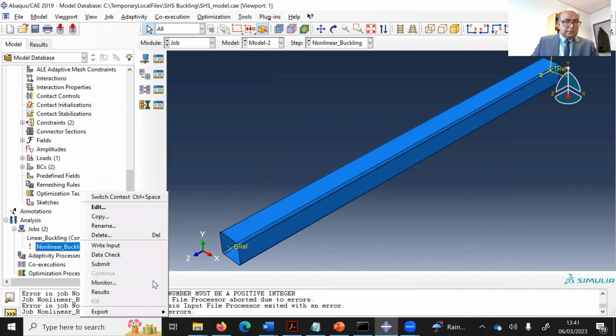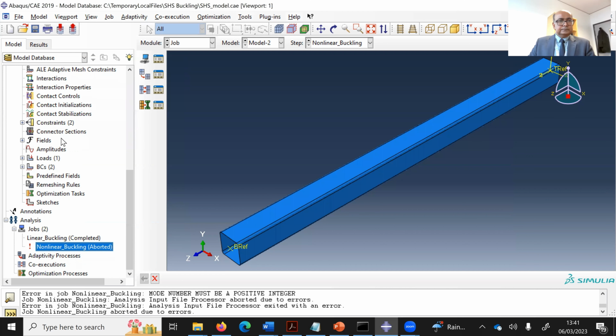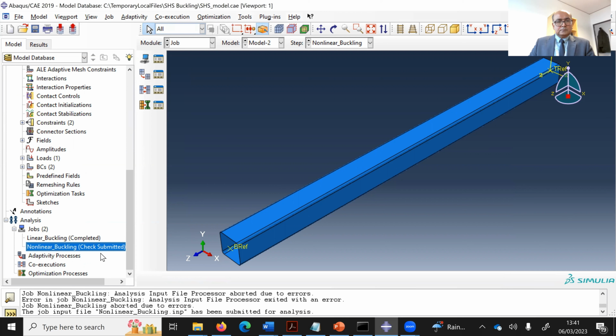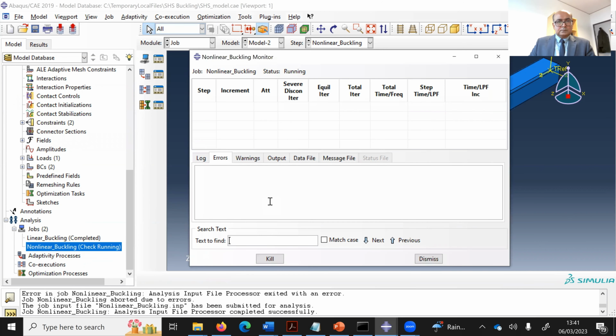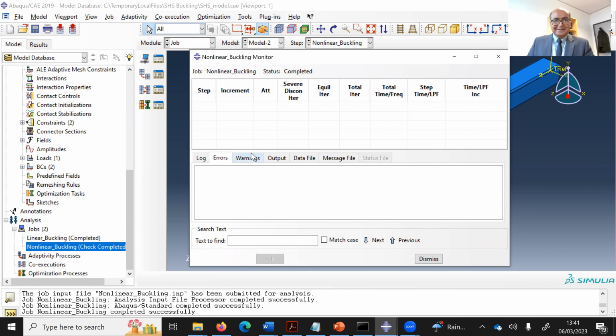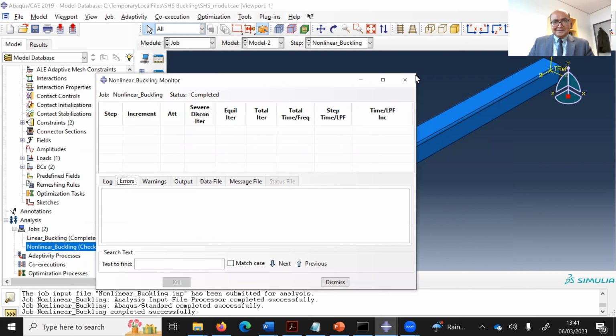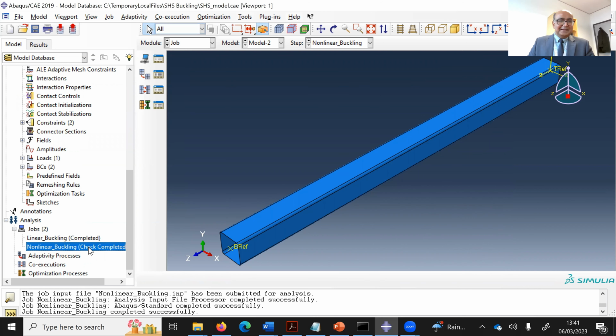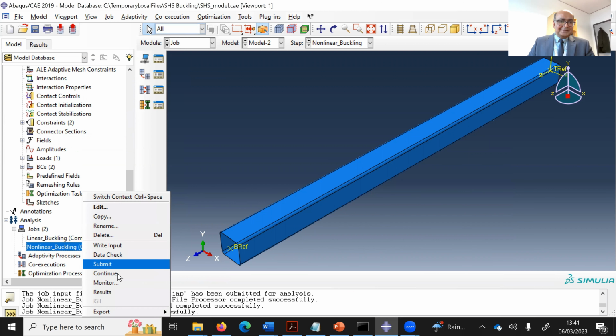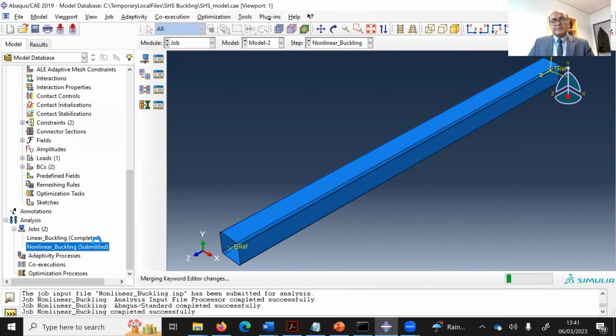Let's see. The analysis is completed. All right. I was a bit worried. I mean, something is going to happen, and then anyway, when the analysis is complete, let's go and